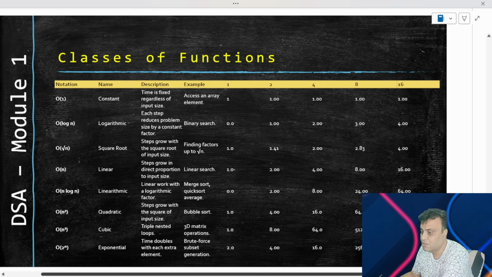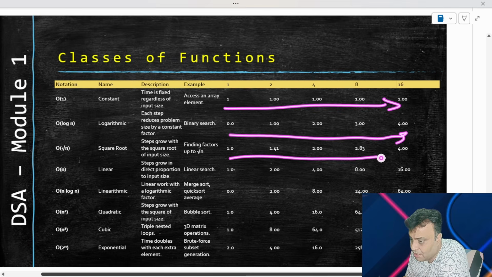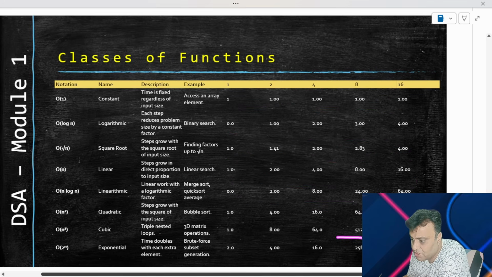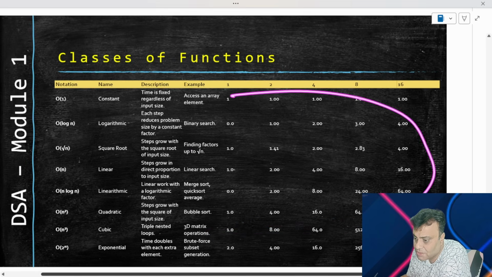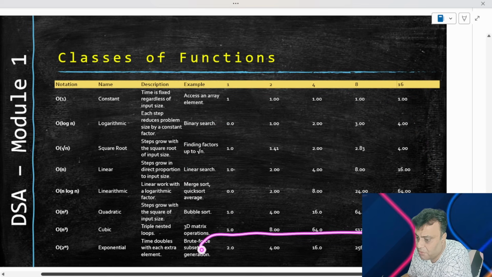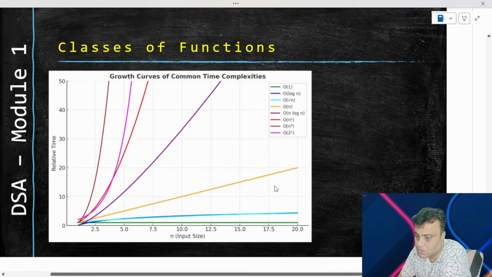And that's what we wanted to highlight from this particular complexity graph, that as n increases, our time taken increases. The time taken by n cube is typically going to be the highest compared to all the rest. However, when n becomes sufficiently large, 2 to the power n, the exponential portion, will beat everybody.